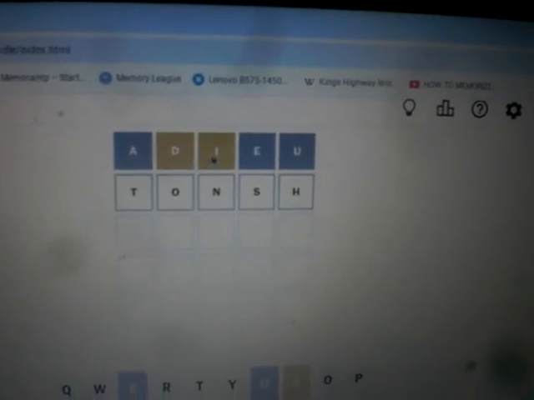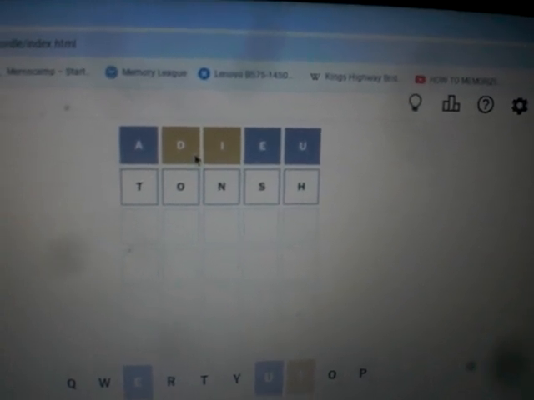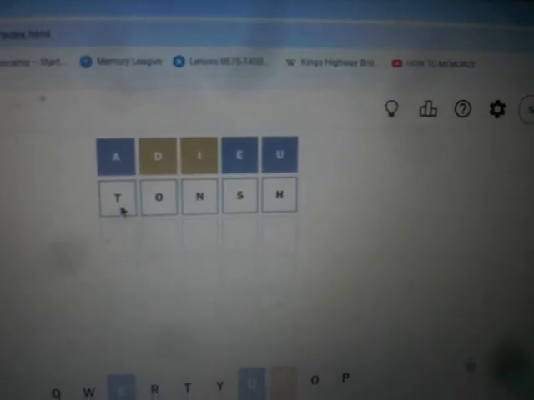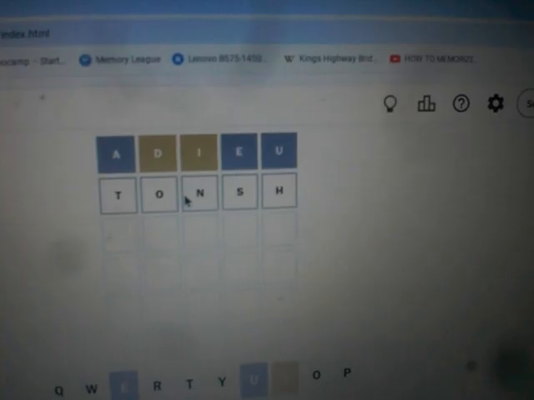Let's see, start with the D, D-I, digit, D-I-G-I-T. The only thing is, though, that's a double I, and I don't want to guess the double I because it's kind of a wasted guess. So we'll hold on to that one if we can't find anything better. And also, you're only using 4 of the 5 letters. So,